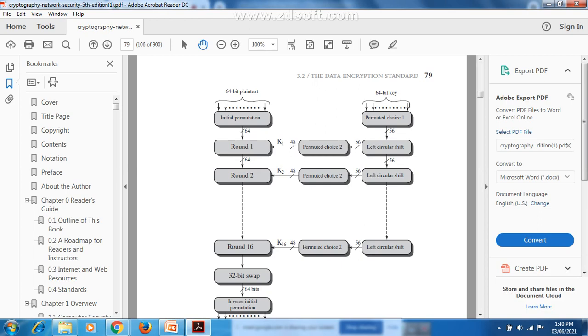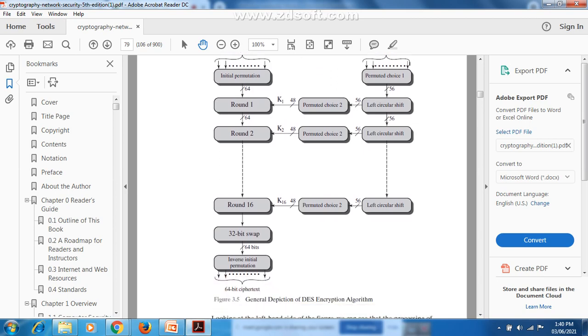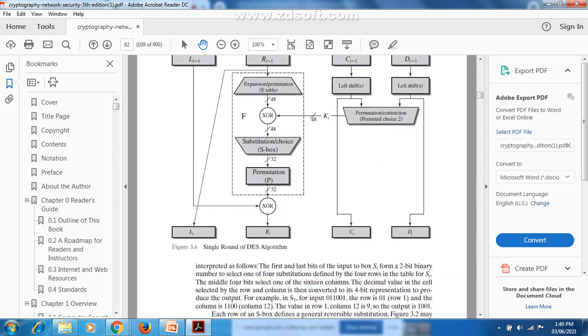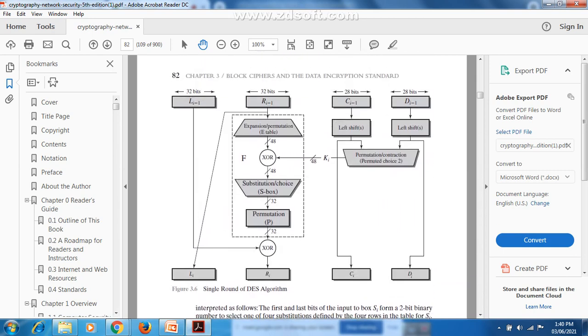Getting the thing, guys? See the right hand side of the diagram. I am explaining now. Clear? Are you getting? Hello? Hello, can you hear me? Yes, please respond then.